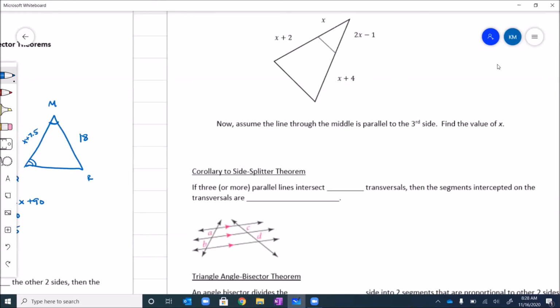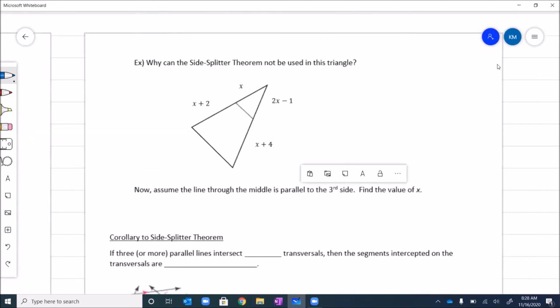All right, going to the next problem up top. It says, why can the side splitter theorem not be used in this triangle? As we look at this triangle, it looks like the other problems we did. But remember that our side splitter theorem can only be used when we know that we have parallel sides. They haven't told us that this line's parallel,